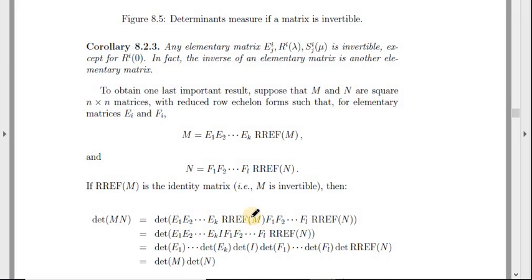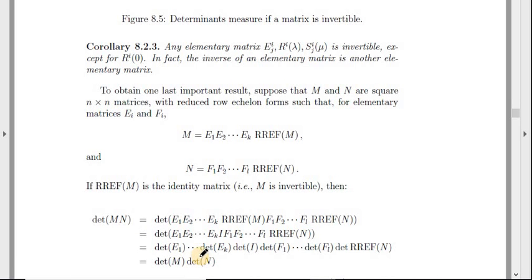If REF is the identity, then I can replace REF with I. And then in the first part here I have the determinants of the E's, the I is just there, then I have the determinants of the F's, and then the REF of N. But the product of the determinants of the E's is just the determinant of M. Bottom line is, if M is non-singular, then the determinant of M times N equals the determinant of M times